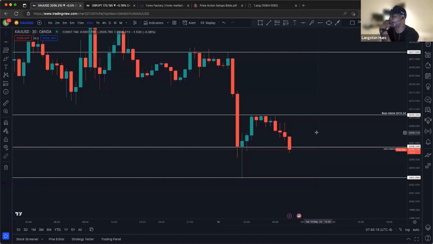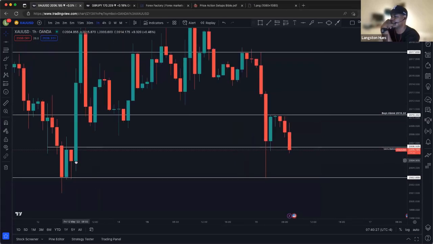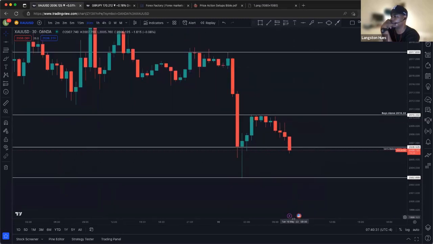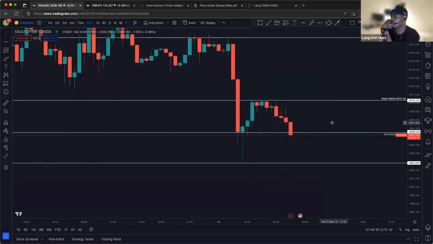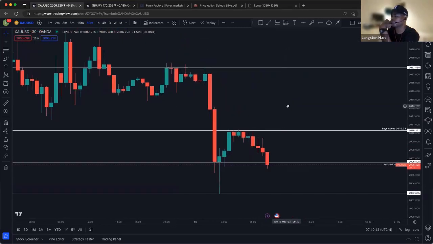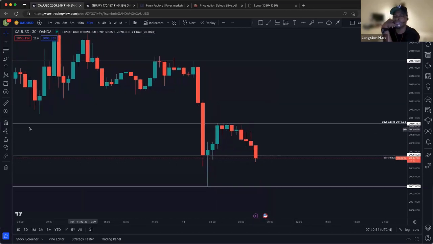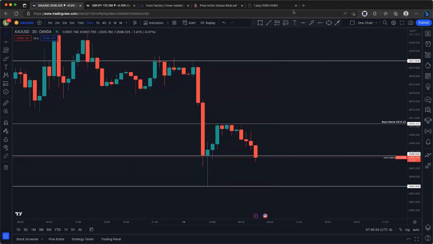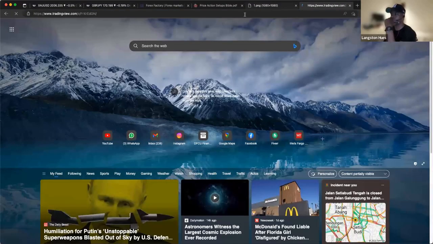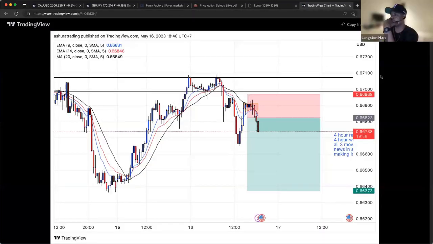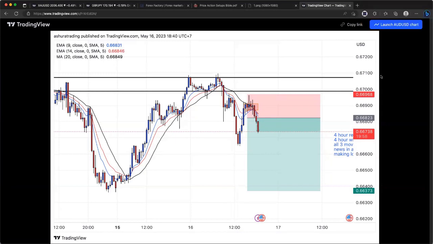Wait for a 30-minute closure. We got this hourly support right here as well. I sent it in the chat. Let's have a look here. I'll explain why I took the trade. Can you look at the 4 hour too, or not? I think you screenshotted just the